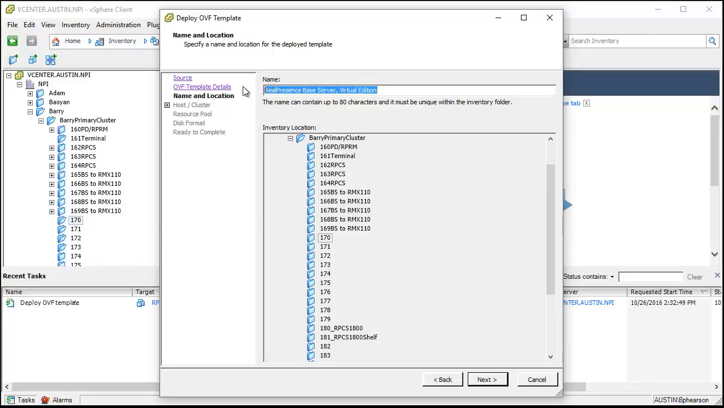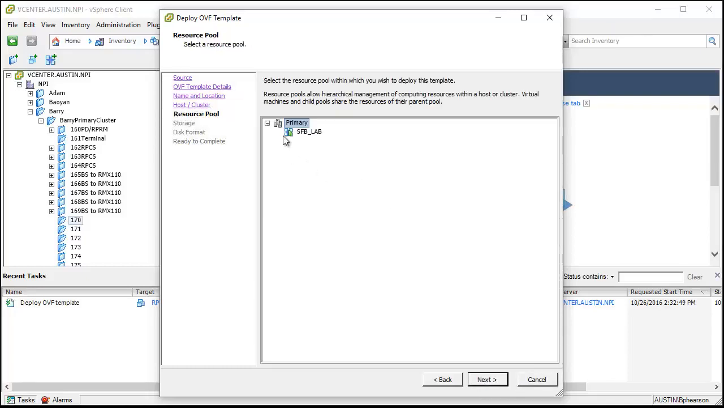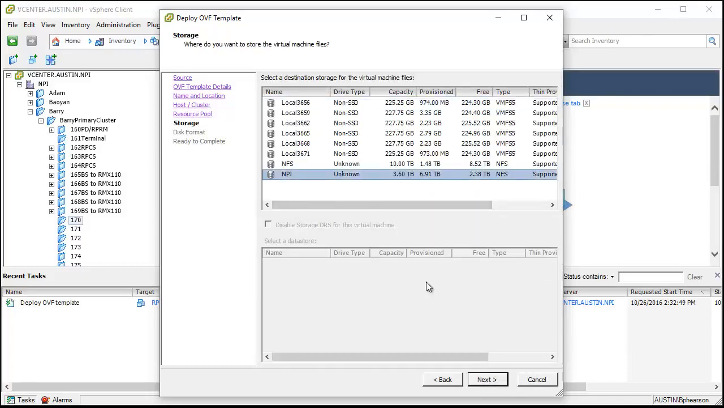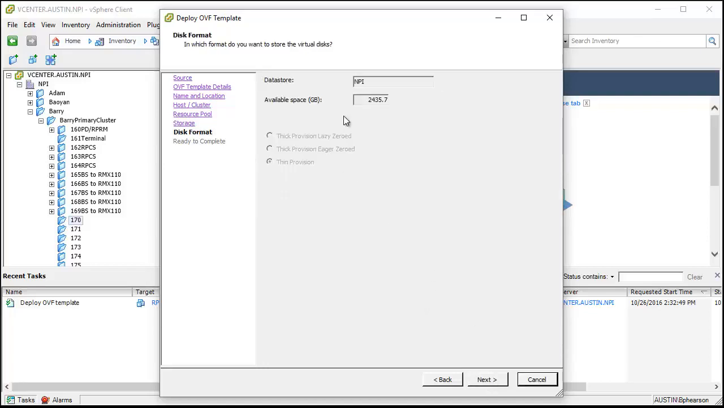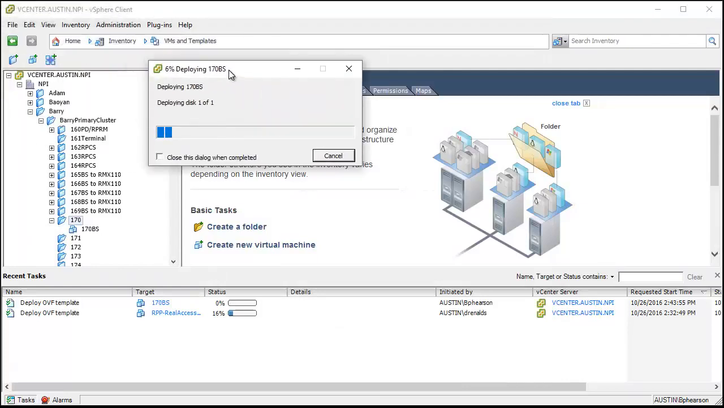Of course, I'm putting it here. We can change the name. I like to call it something informative to me. It's going to be in our primary cluster. Use our data store here. Thin provisioning. This is all just the basic settings, and let that deploy. Now we have a DHCP environment, so once this powers on and boots up, we will need to go through the motions of changing that